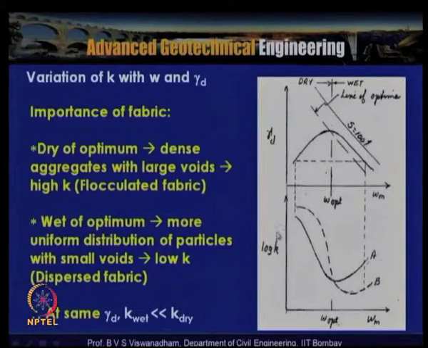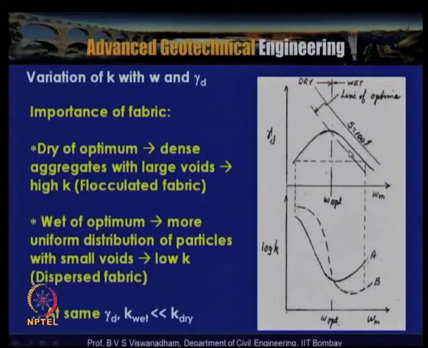And on the plot below what you see is the logarithmic K versus water content. So what we notice is that initially the permeability will be high, and once it reaches the optimum water content, the permeability takes a dip, that is, it decreases. Further, there is an increase in the permeability, but towards the wet side of optimum, up to a certain extent, there is a possibility that the permeability is actually decreasing towards the wet side of the optimum.